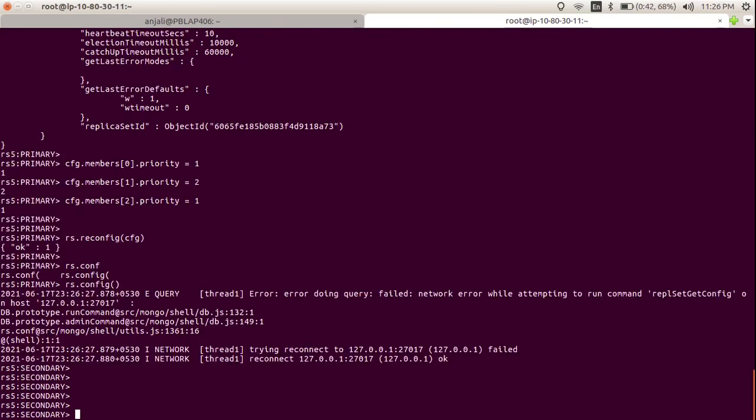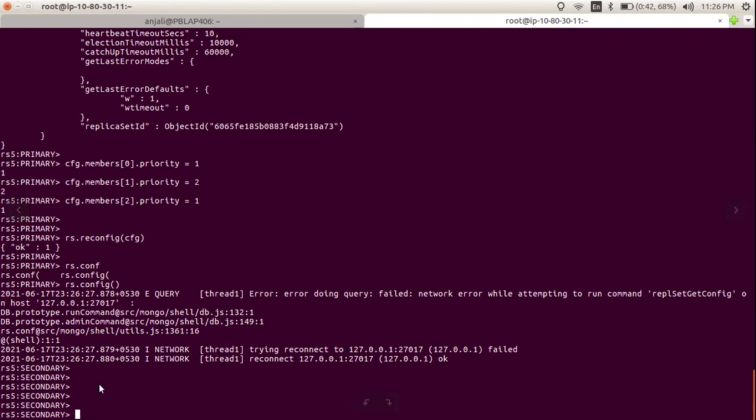So this is now primary. After being primary, it is now changing itself to secondary. That means the 30.11 server has been reconfigured to the lowest priority, and it is going from primary to secondary.